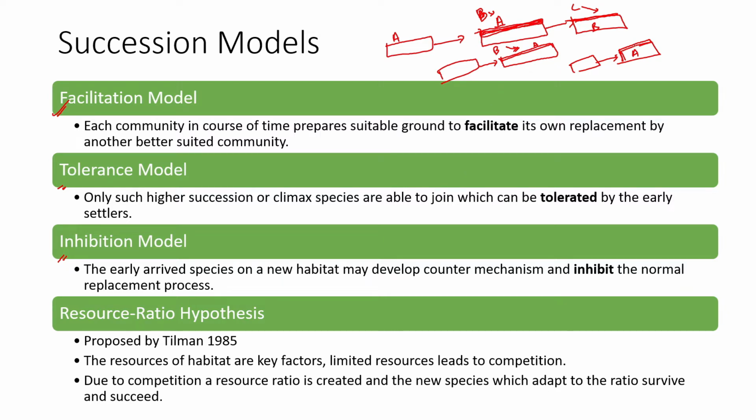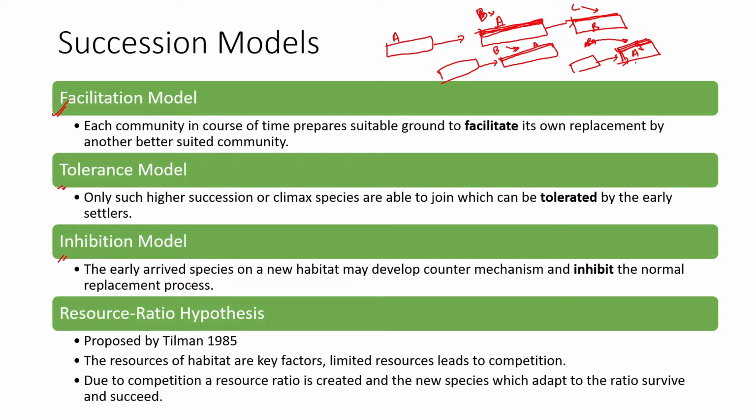One can inhibit the entry of other individuals, and only individuals which can tolerate that inhibition can come in and establish. So in the entire process, these processes are helping other organisms to adapt and come in, and facilitating them to establish here. These models work together to give an idea that facilitation, tolerance, and inhibition are factors in succession.